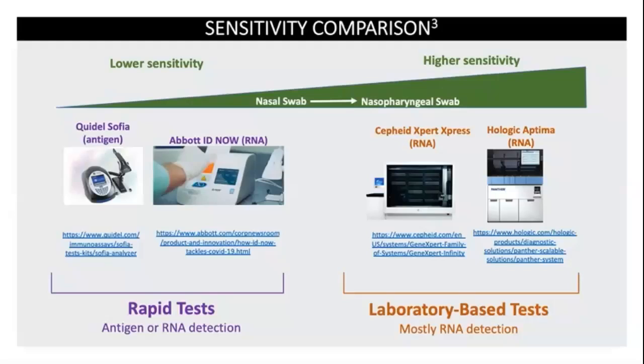And this is something that we've seen here at the laboratory with the Abbott ID Now test. So for example, when that is used in conjunction with NP swabs, the sensitivity is close to the laboratory-based NAA test. And so obviously some considerations are things like PPE availability and patient age. And those are all factors that should be considered for what type of specimen is used. Okay, on the next slide,